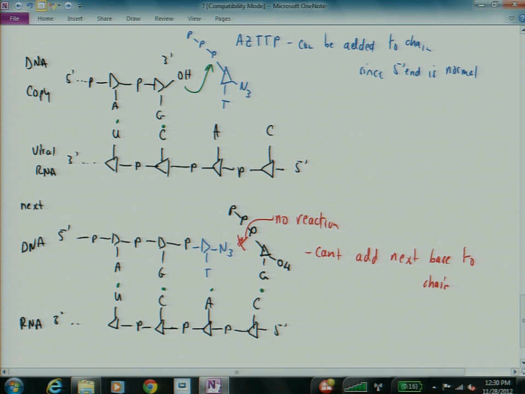AZT, reverse transcriptase doesn't know any better. It adds it to the chain. It looks like a T. It base pairs. It has a 5' end with some phosphates on it. It can glue it into the chain. It glues it into the chain. But now when it goes to add